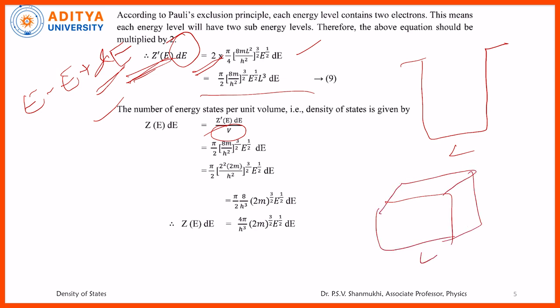Say this is a 3-dimensional potential box, therefore what is the volume of this one? Volume is L cube. That's why we divide equation 9 with V, meaning L cube. L cube will be cancelled and we get this expression as Z of E dE equal to pi by 2 (8m by h square) whole power 3 by 2 E power half dE, that L cube is cancelled. On simplifying this one, we get Z of E dE is equal to 4 pi by h cube (2m) whole power 3 by 2 E power half into dE, where E is nothing